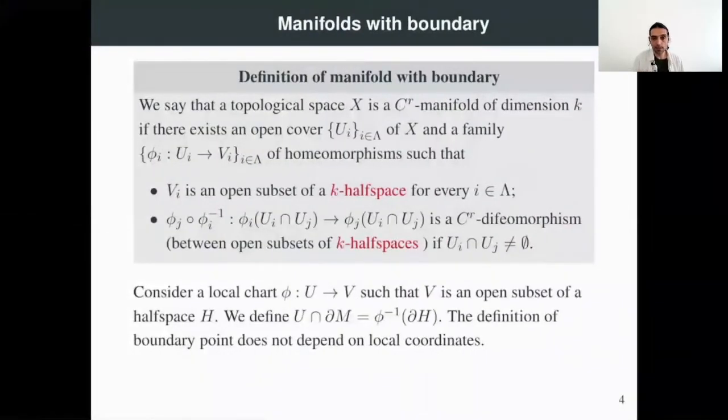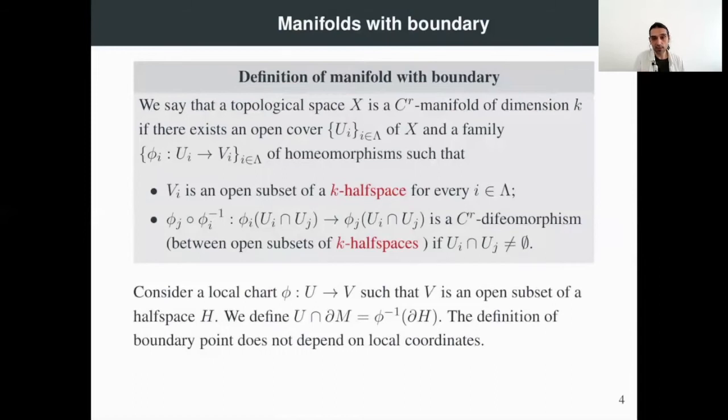So let's be a little bit more precise with the definition of a manifold with boundary, okay? We say that a topological space X is a C^r manifold of dimension k, now a manifold with boundary, if there exists an open cover U_i of X and a family of homeomorphisms whose domains of definition are indeed the sets of the open cover, such that the image is now an open subset of a k half space for every i. Okay,